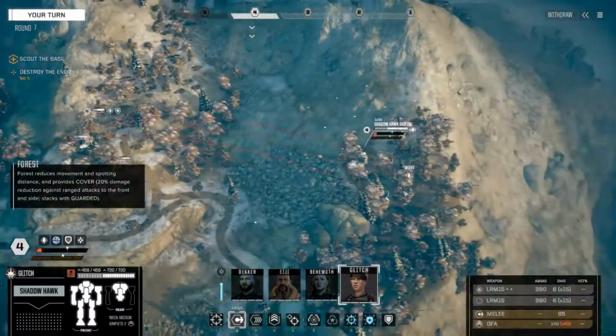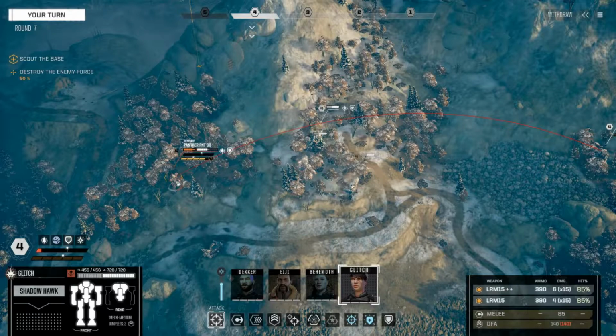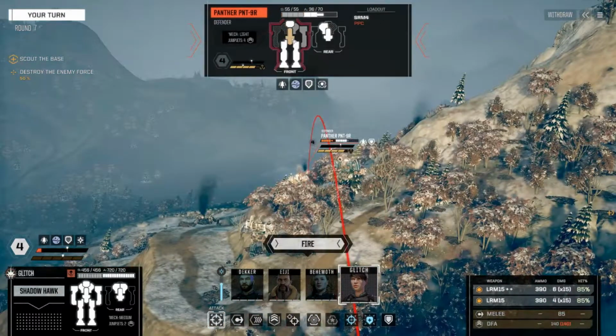So much so, I actually will probably have Glitch. We're going to see if we can knock him down with Glitch. Yeah, I mean, he's still got plenty of armor in other locations. He's got the SRM-4, so...